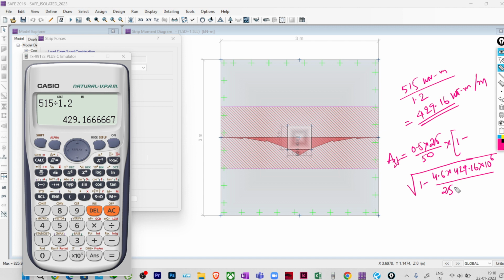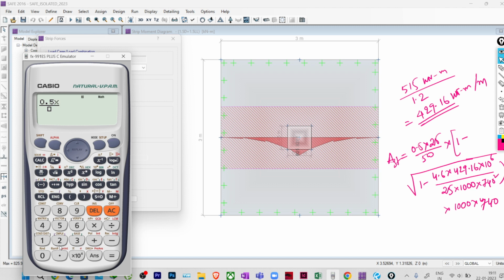So fck is 25, multiplied by B, which is 1000 for per meter width, D is 740 square, multiplied by B into D, multiplied by 1000 into 740. Okay, so we can do this here. Let us see. Yes, so if I do it here,